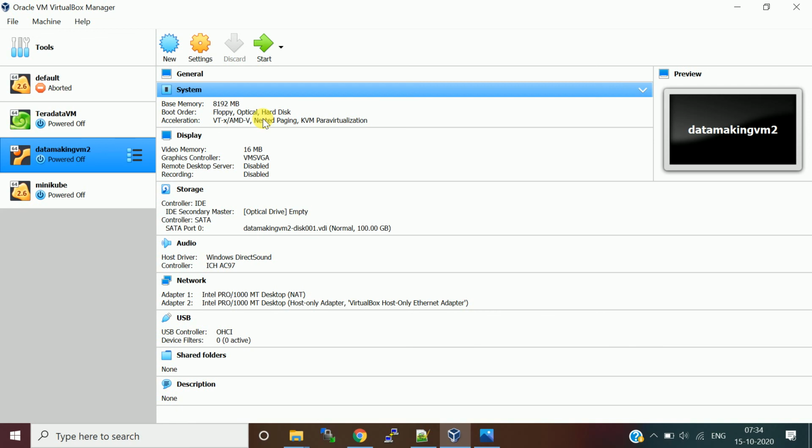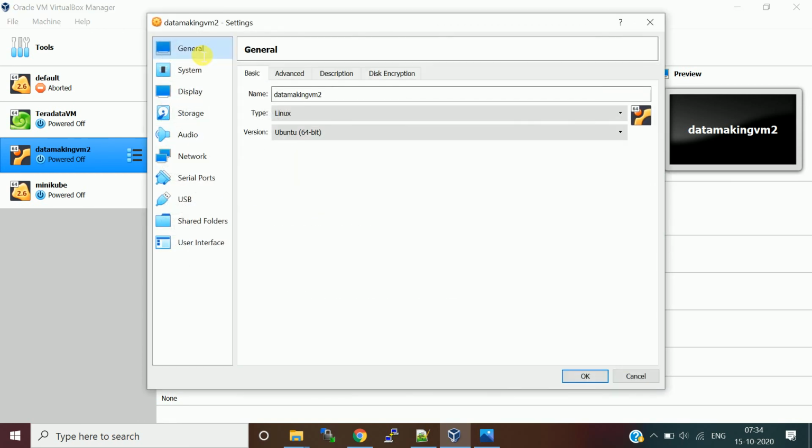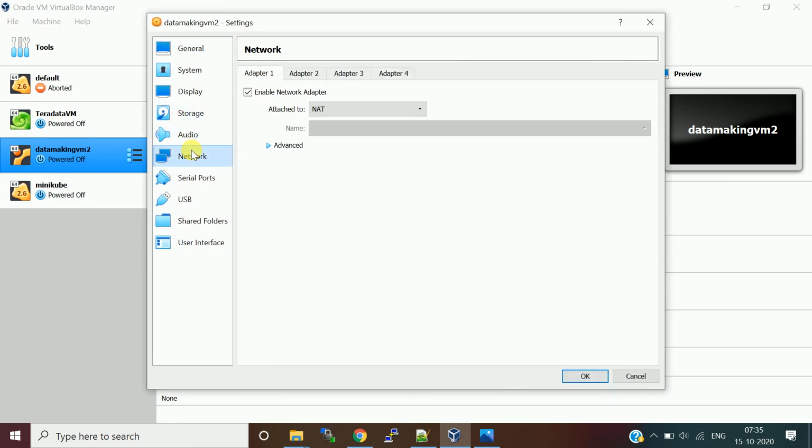What you need to do is click on the imported VM and click on Settings. Then go to the Network section. You will see that Adapter 1 is enabled and attached to NAT. Click on the next tab, Adapter 2, which is not enabled by default.